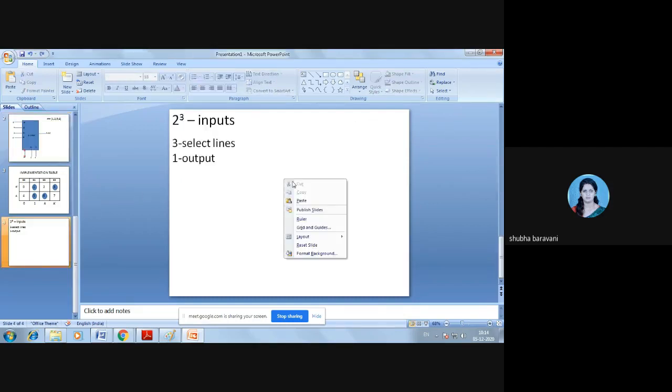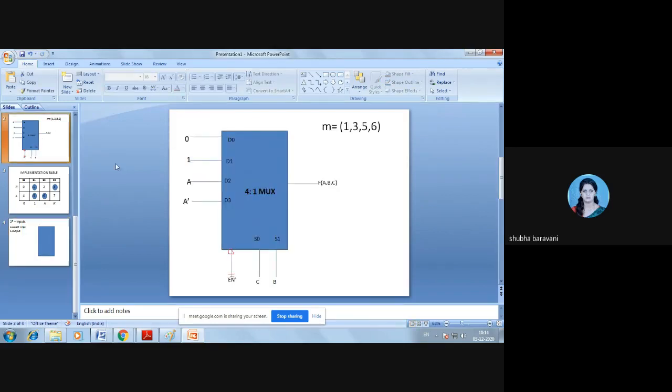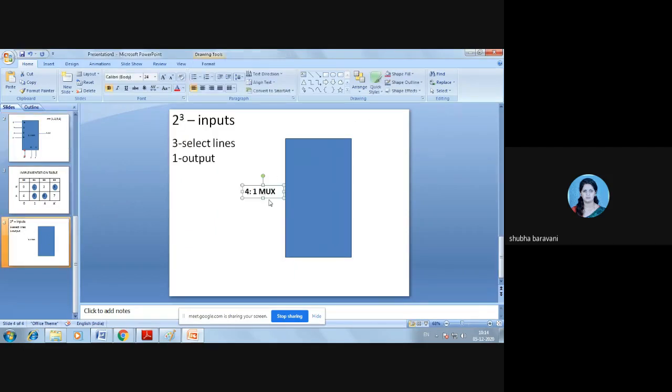Okay, so what I'll do, I'll first do this. This is an 8:1 mux, right? So I have to give 2 power 3 inputs. Okay, first I have to give 2 power 3 inputs.